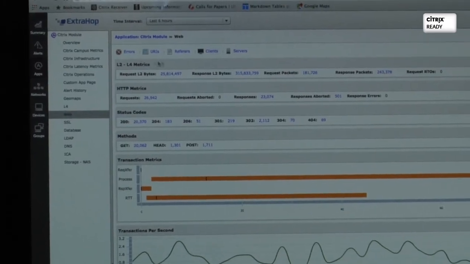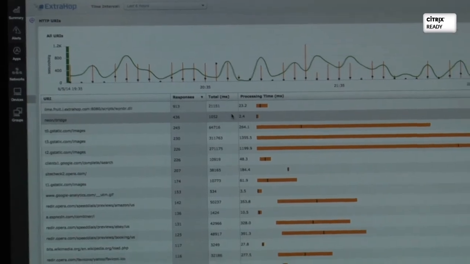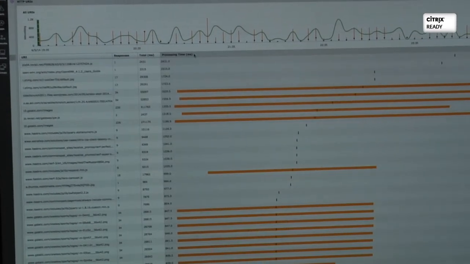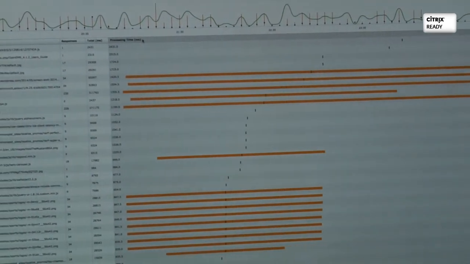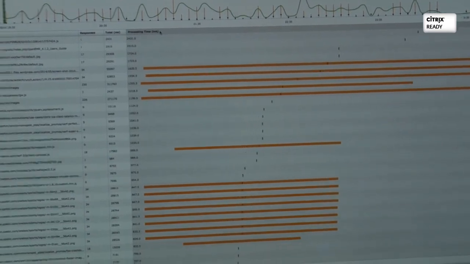This is all of the web traffic that has sourced from your Citrix environment. So if you have PeopleSoft running and you have a slow web page, you can actually find out which web page is slow. So when you're in the process of proving the negative, which Citrix engineers have to do on a daily basis,